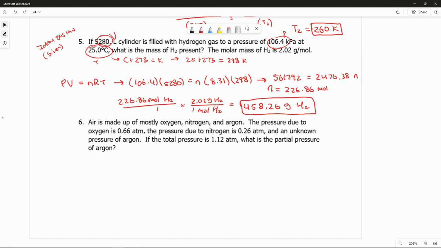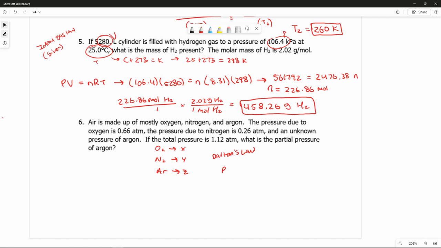So we have three variables. Let's make it simple and say oxygen, O2, is going to be X, nitrogen is going to be Y, and argon is going to be Z. So we're going to say that X and Y are given because they are given, 0.66 and 0.26. So we have to find the total pressure, and in order to do that, we have to use Dalton's equation or Dalton's law,